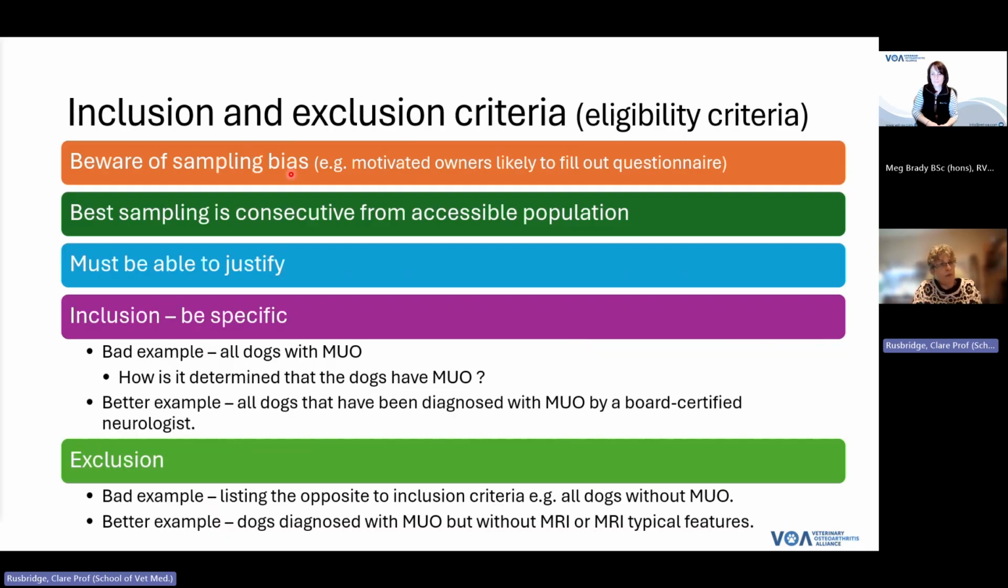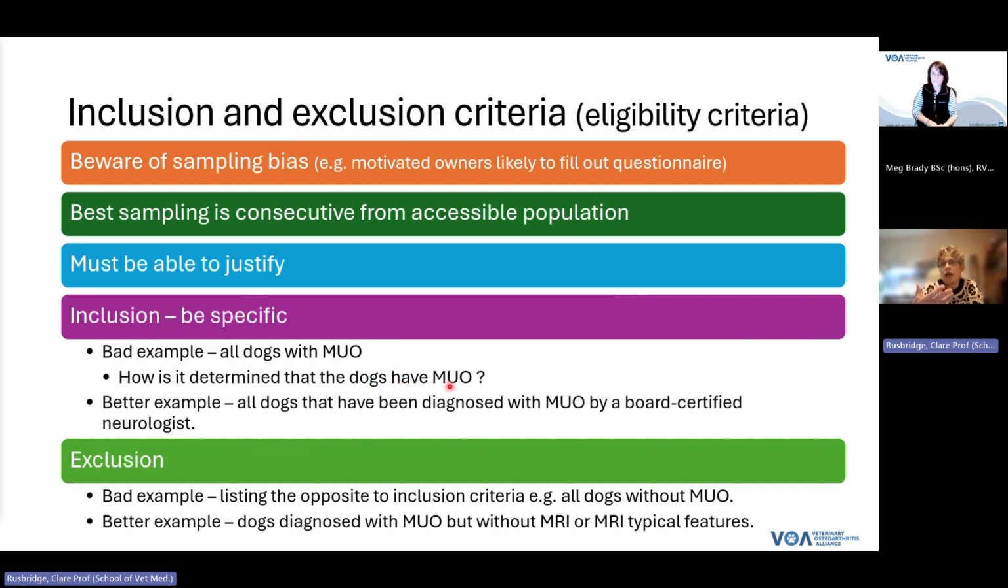You must be able to justify that, and you need to be specific. So, for example, I'm looking at a disease here, MUO. We can replace that with any disease, osteoarthritis. So a bad example is all dogs with this disease. So all dogs with osteoarthritis. Because first of all, we need to know how is it determined that the dogs have